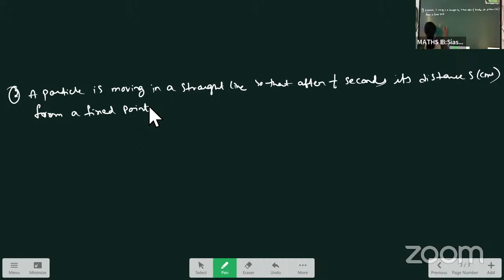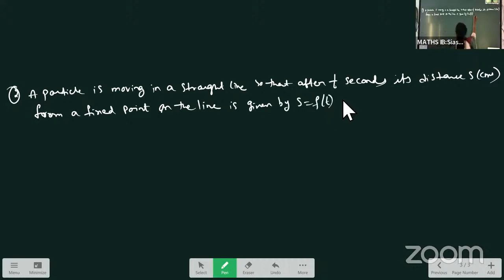On the line is given by s is equal to f of t is equal to 8t plus t cube. 8t plus t cube. Then